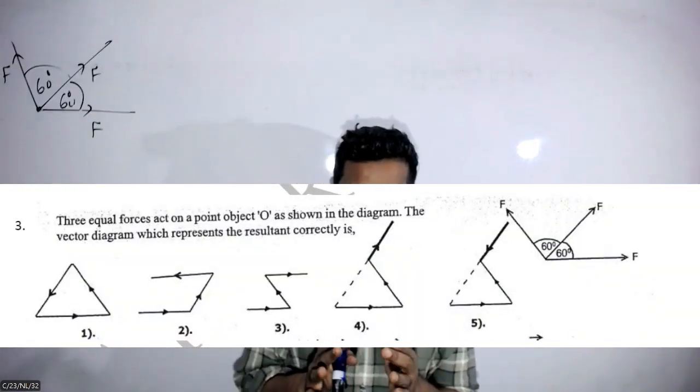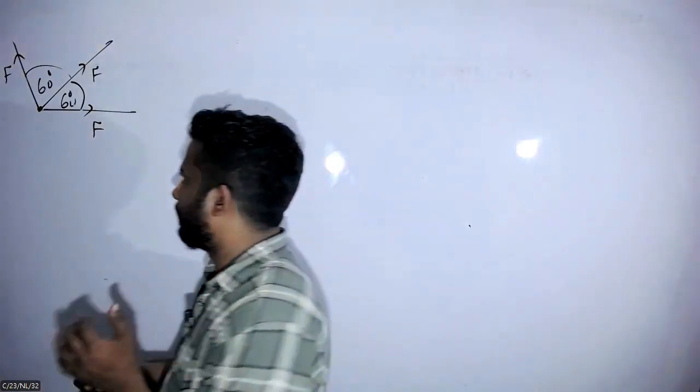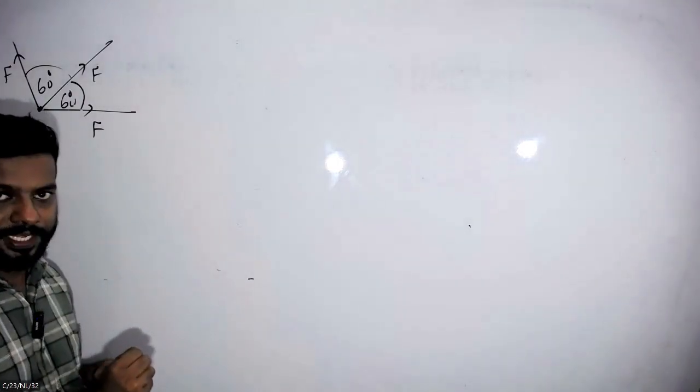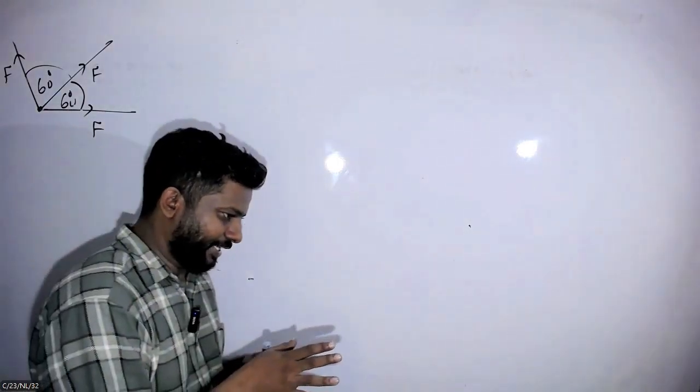Right, today let's see question number 3. In this question, they have given a coplanar concurrent force system. You need to identify the correct vector diagram that gives the resultant of these three forces, right, Pute? To identify the correct vector diagram, you can